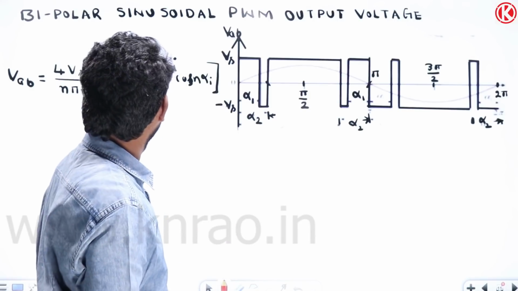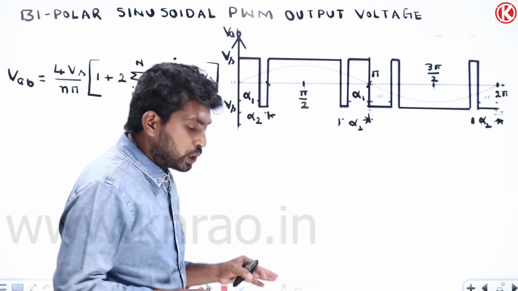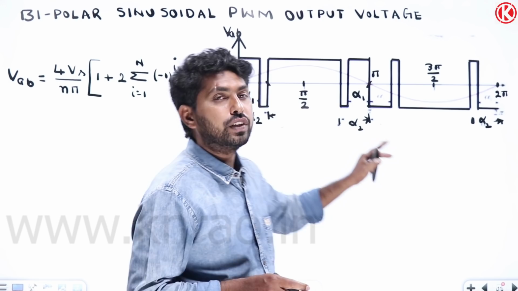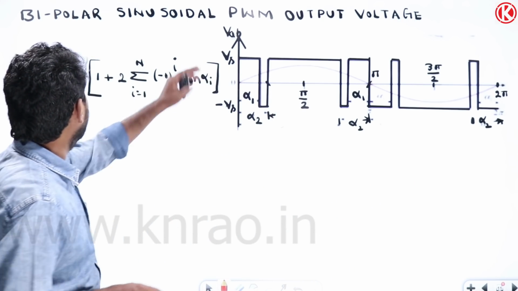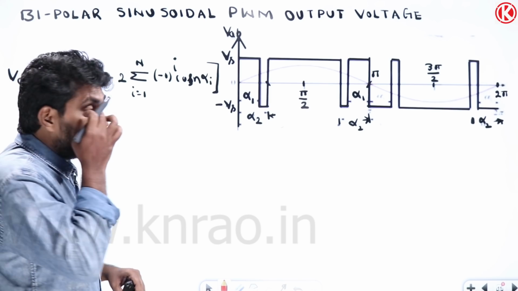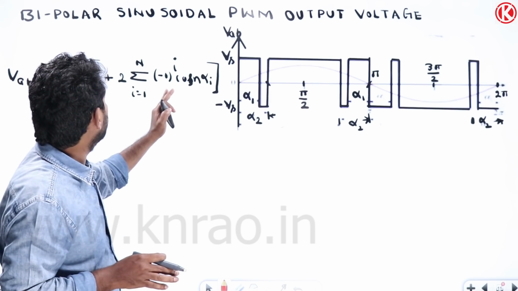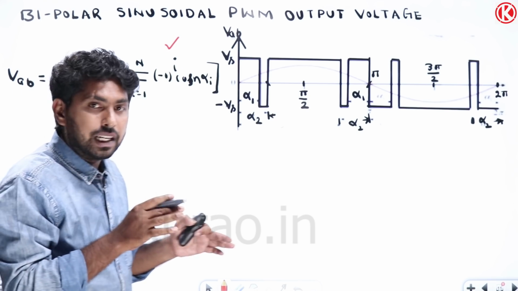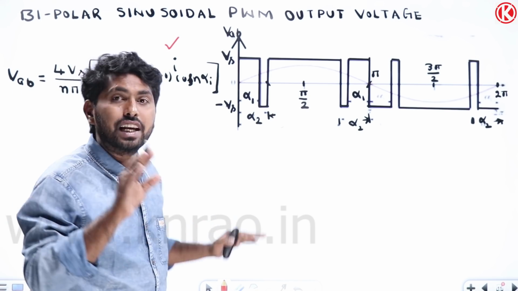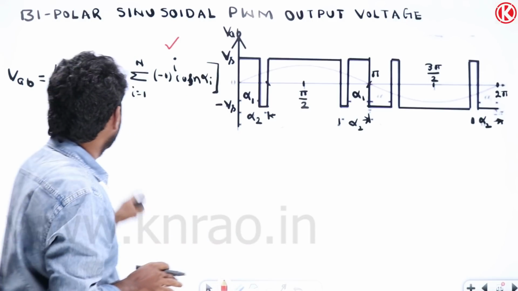Now let us solve the next question. This is the output voltage of the bipolar sine PWM technique. For this waveform we can derive the expression, but in a simplified way, I have derived the expression. In the detailed course we have discussed this, but here I am giving the generalized formula to remember. Here,